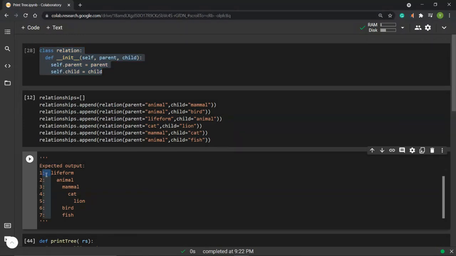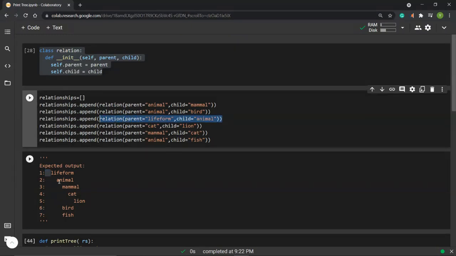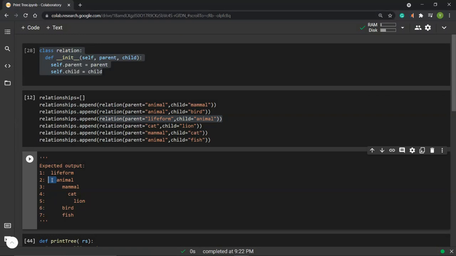it with the smallest amount of space. It looks like this. So life form is the parent of animal, and life form itself has no parent. So the gap is the smallest, as we can see. And then the one and only child for life form is animal, which is created by this relationship and has two spaces, two tabs. And then